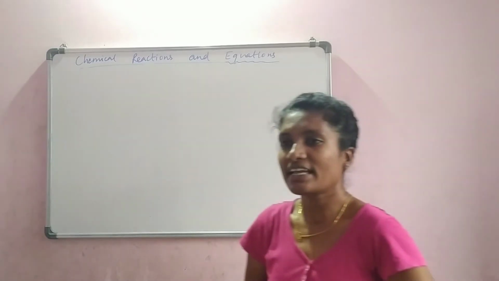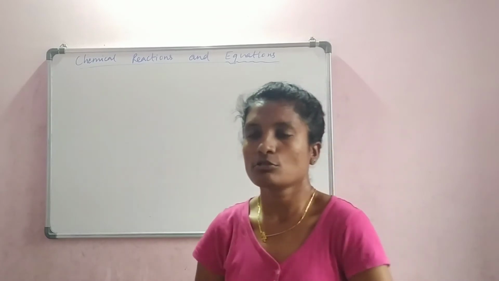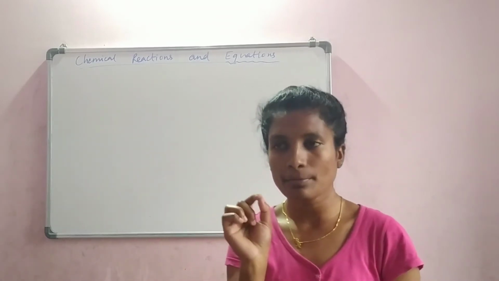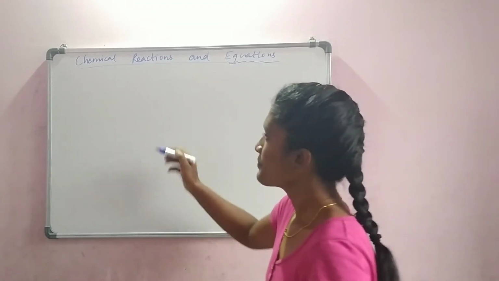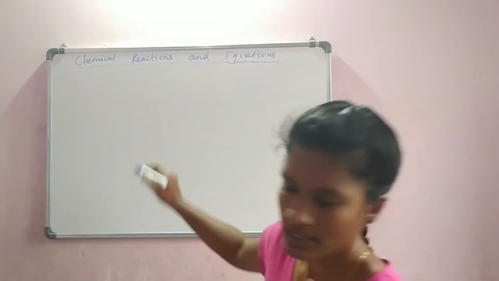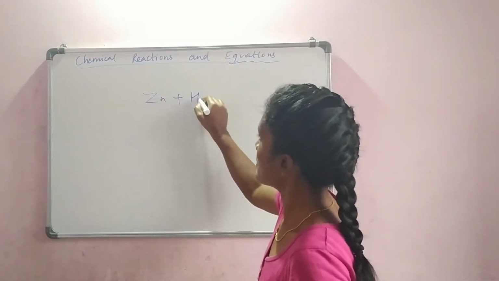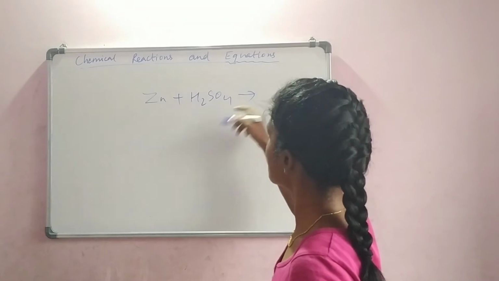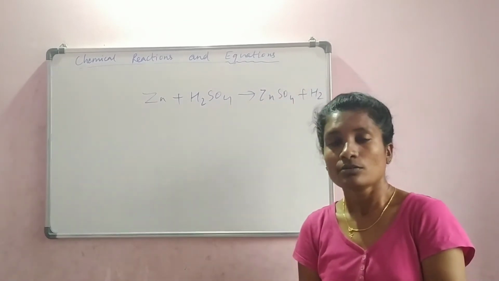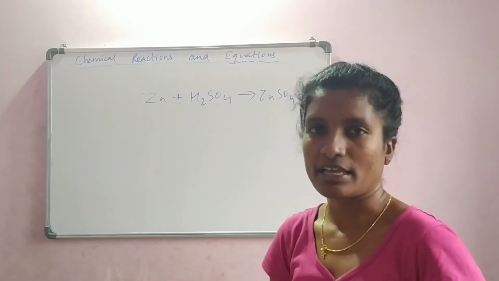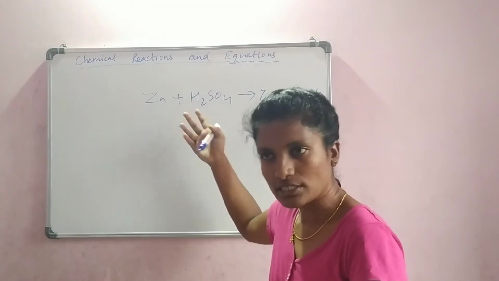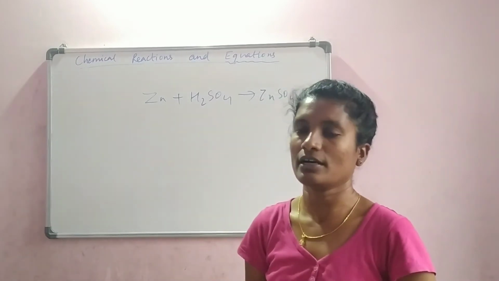Okay, to make the chemical equations more informative or more meaningful, we can give some extra information, right? So earlier, we will take the same example, zinc reacting with sulfuric acid gave us zinc sulfate and hydrogen. By looking at only the symbols or the chemical formulae, we cannot identify which is solid, which is liquid. We cannot come to a conclusion.